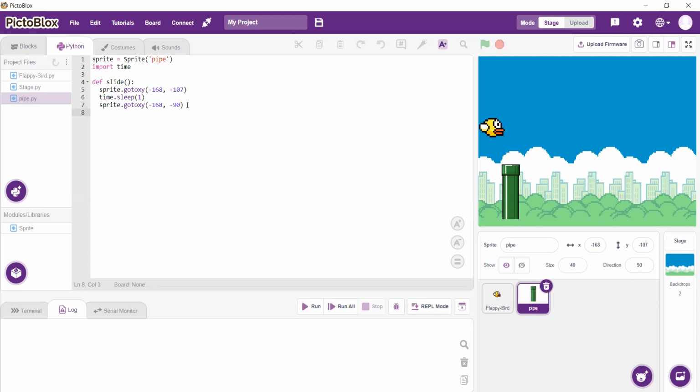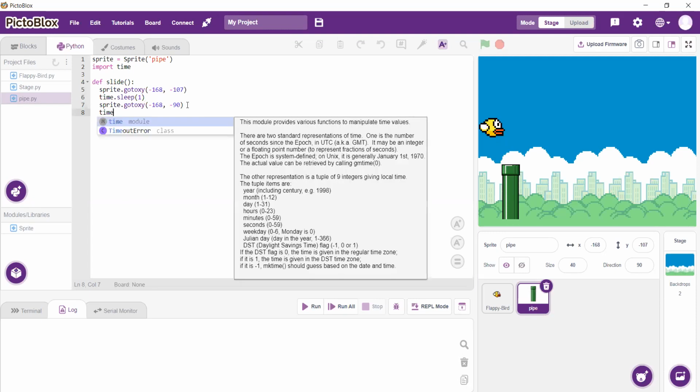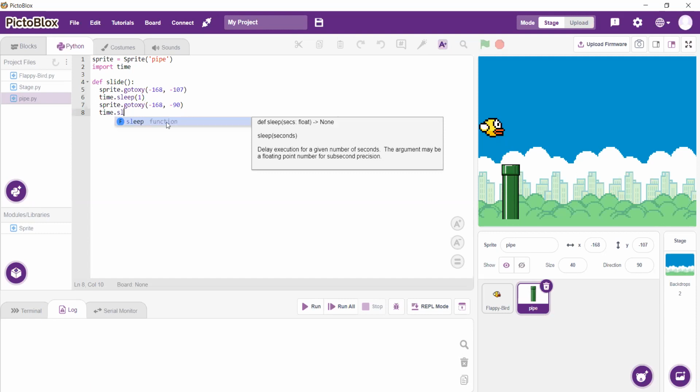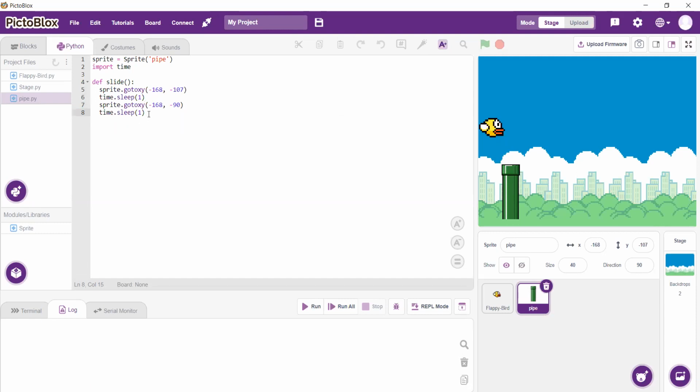And then after I do this again, I want to pause for another second. So time.sleep, 1. Okay. So at this point now, whilst the height of my sprite is moving up and down, I want to check and see if my Flappybird is touching my pipe or not. And I will put this in a forever loop. So while true,